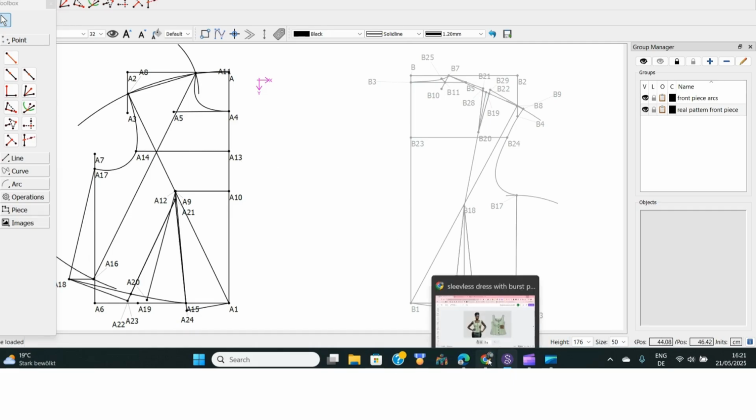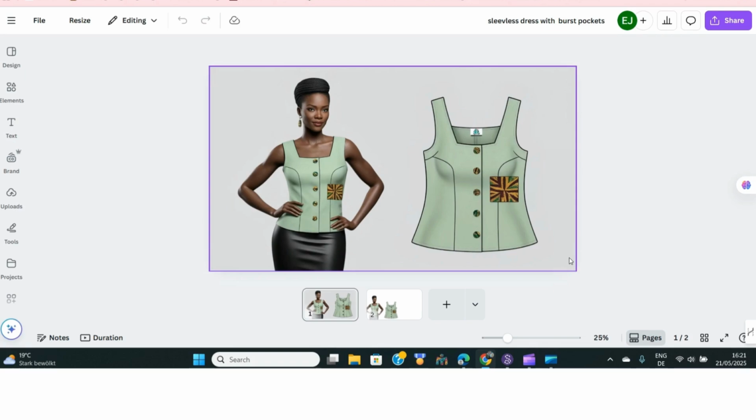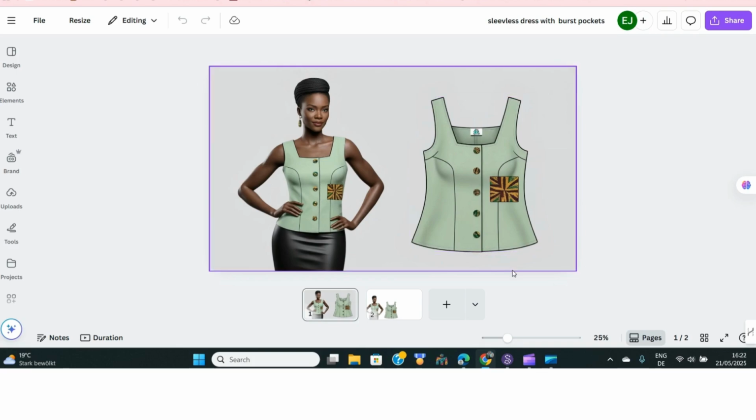Let's remind ourselves of what we are doing. This is what we are doing. So from that basic block, we need to create this kind of neck, and we need to reduce the arm curve because it's going to be sleeveless, so that the arm will not be gaping. And then we are going to do a princess curve. I'm starting the princess curve from my armhole, not from here. So those are the three things we are going to be doing with our patterns